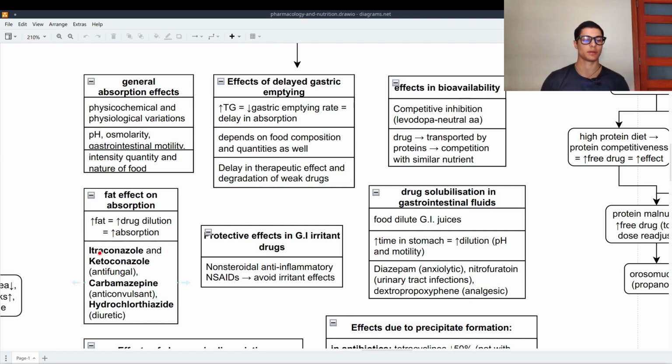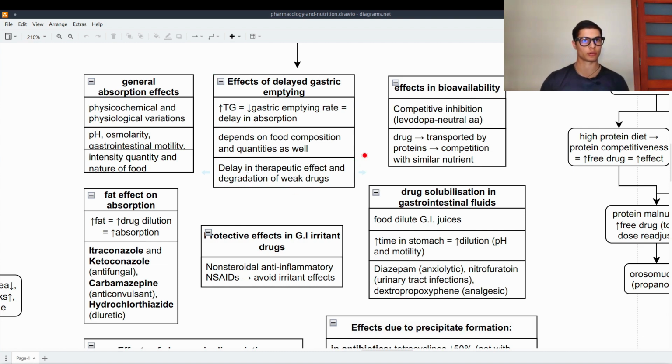And these are present in itraconazole and ketoconazole, which are antifungals, carbamazepine, which is an anticonvulsant, and also in hydrochlorothiazide, which is a diuretic. Effects on delayed gastric emptying. Higher triglycerides in the diet will give us a lower gastric emptying rate and a delay in absorption. This depends on the food composition and quantities as well, and there is a delay in therapeutic effect and